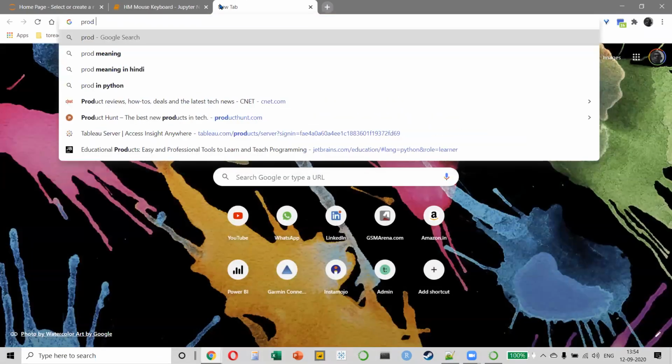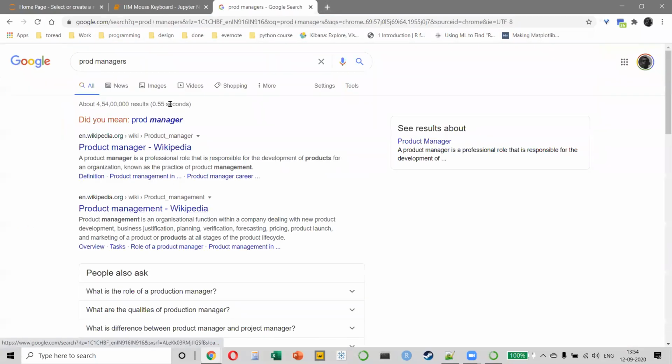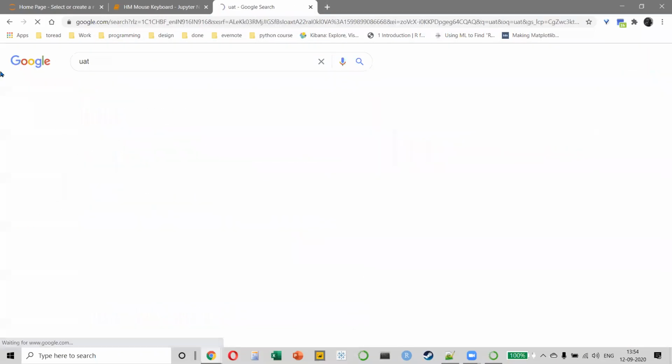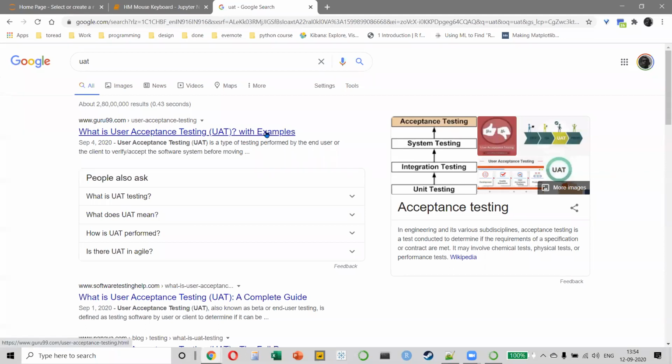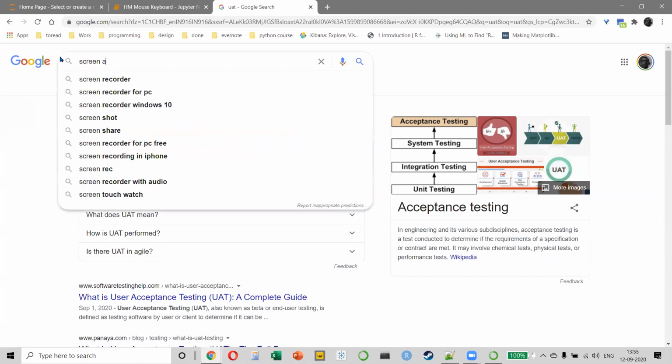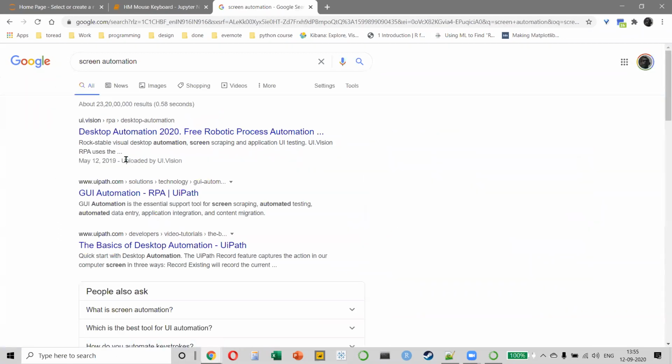This is very, very handy because when we're doing what we call UAT, some of you will end up working like product managers, and there is something called UAT, which is user acceptance testing. After we create a form or a survey or a spreadsheet model, whatever it is, a dashboard, it is very important to understand how do users interact with it. How do they click on it? In what order do they click on it? Do they have any problem with the user interface and the user design? And how do you test all of that? Obviously, if you want to test all of that, you need to do something called screen automation, right? Which will automatically test this for you.